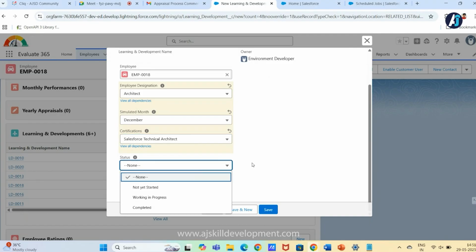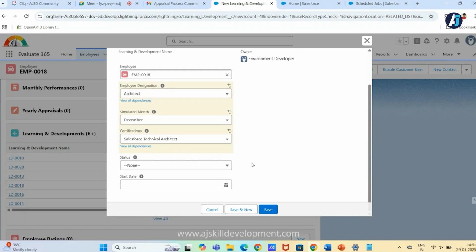Using this, okay. Now status. I have given 3 statuses, and below that you can see the start date. Using the status, we can see whether the employee is completing it. In some organizations, employees put working in progress every month, and at year end they get half of the rating without completing.